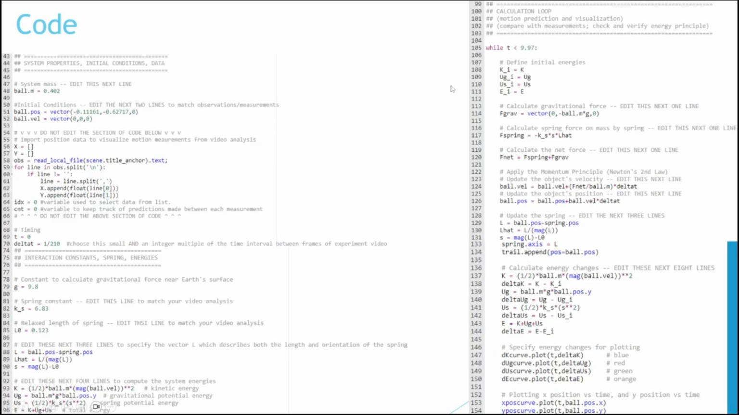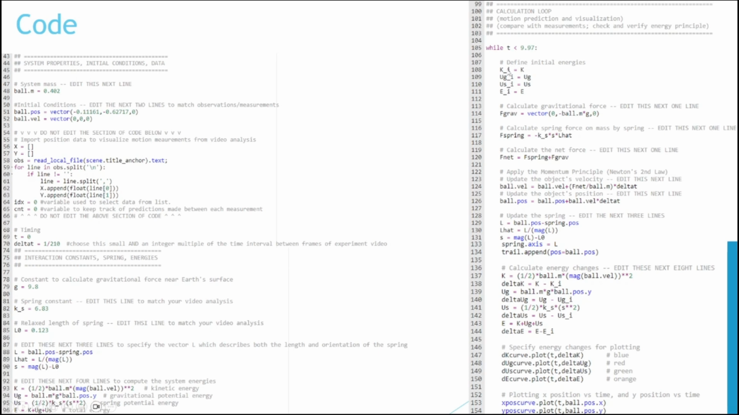The code was very similar, and we used a time step of 1 divided by 210 since this was a multiple integer of the time frame of the video, which was a frame every 10.5 seconds. G is 9.8. The spring constant was put in, so were the initial conditions as mentioned earlier. The L and L hat were calculated here along with the energy